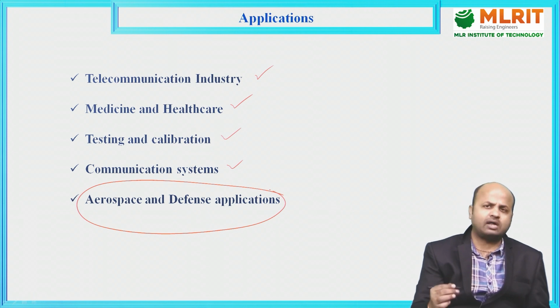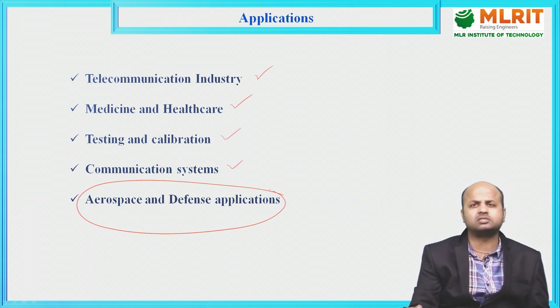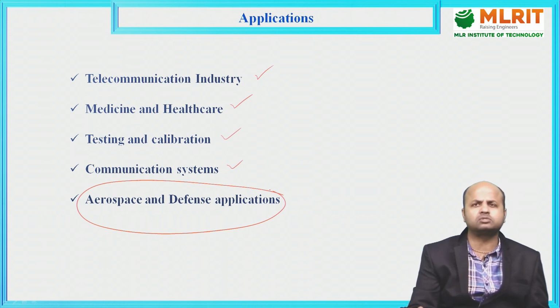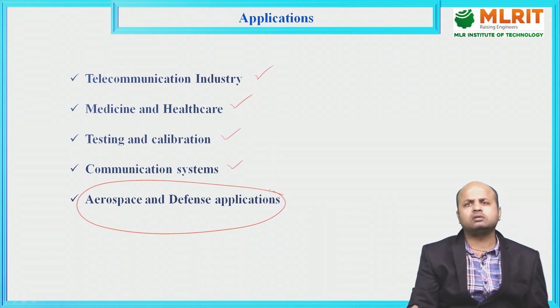So we have to remember RF signal generation, how to generate the signal. An RF signal can be easily generated by an LC circuit or piezoelectric material. Any type of oscillator circuit can be used to generate the RF signal. This was my today's video lecture on the RF signal generator.